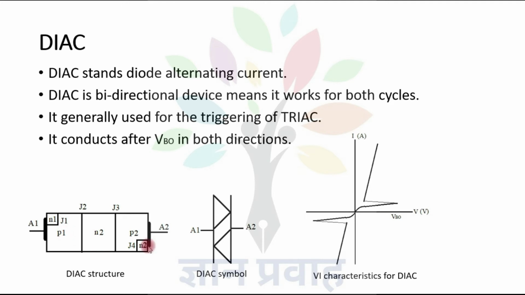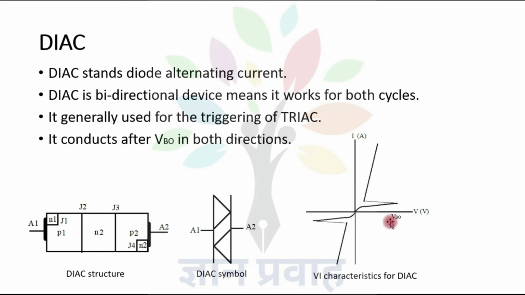and in case of DIAC there is no cathode. Both terminals behave as anodes. So here we are simply saying this one is anode 1 and this one is anode 2. So N1 is close to anode A1 and N2 is close to anode A2. And the logical symbol of DIAC is given here: A1 terminal, A2 terminal, and two PN junction diodes connected in this fashion. And the VI characteristic for DIAC is given here.